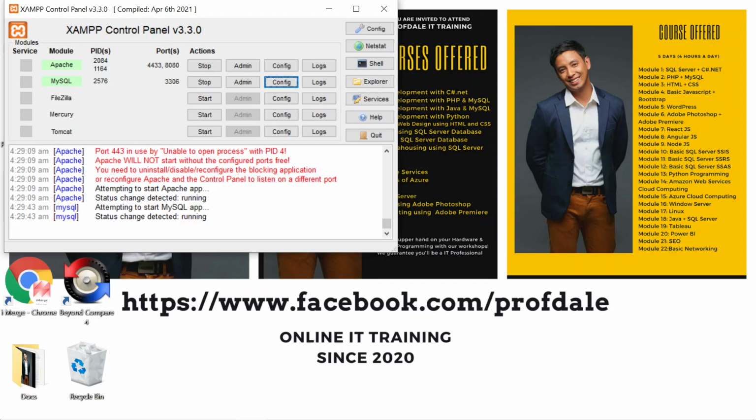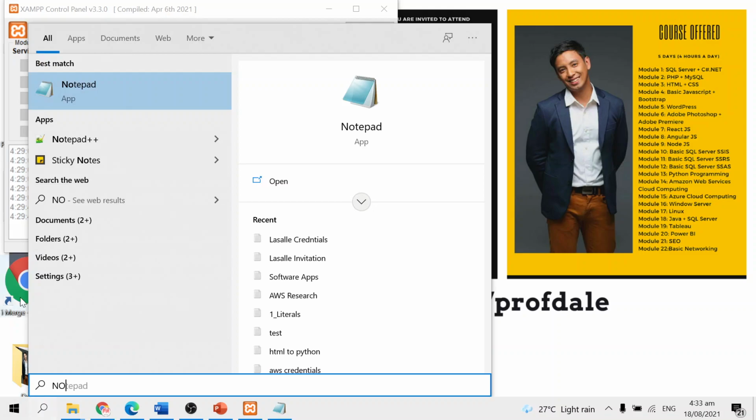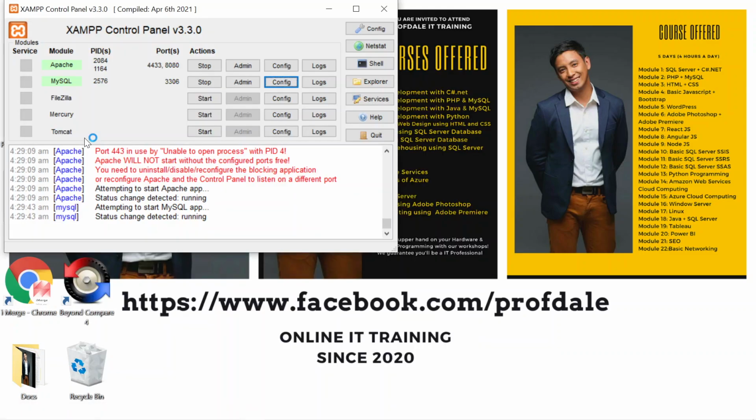What we're gonna do is use Notepad++ here. Okay,